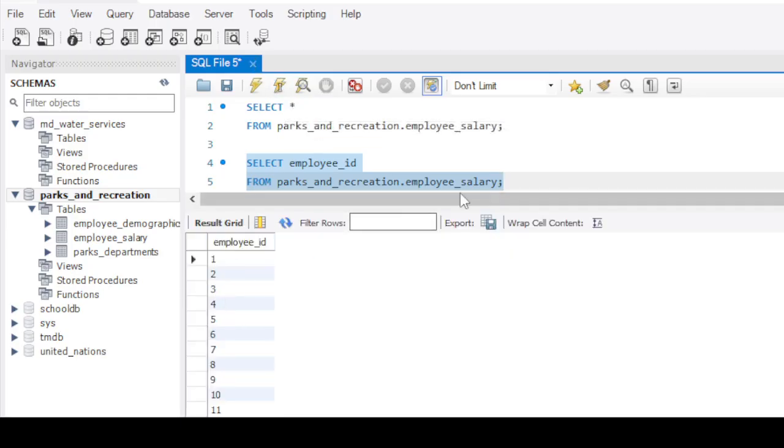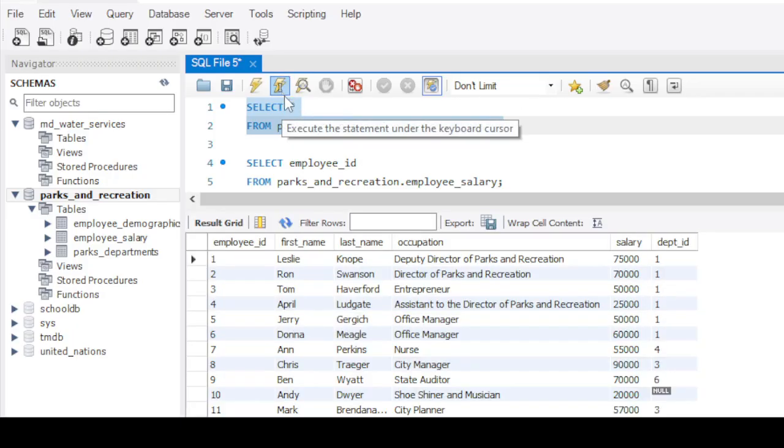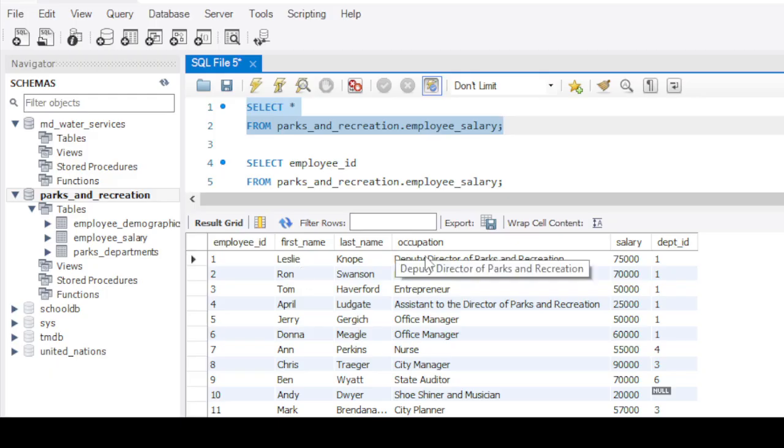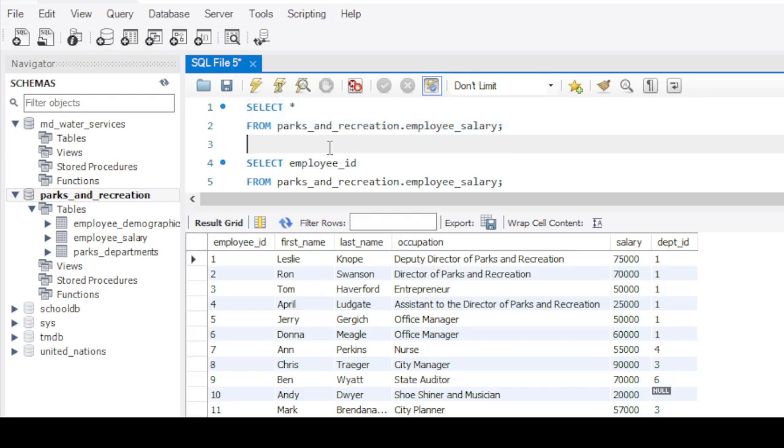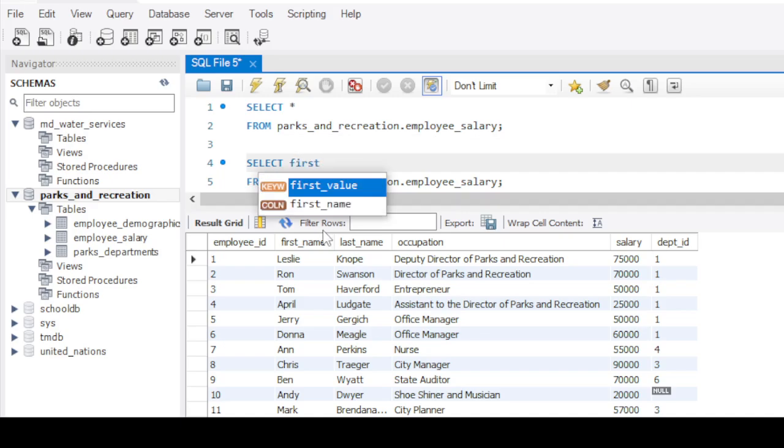You can see it has only given us the employee ID column. We can play around with it. Let's say we want to view another column, and let's go back to our table. Another column. Let's say we want to view the first name and the occupation of the employees. So instead of employee ID, we'll have now to change the column because we want to view the first name. So write out the first name,